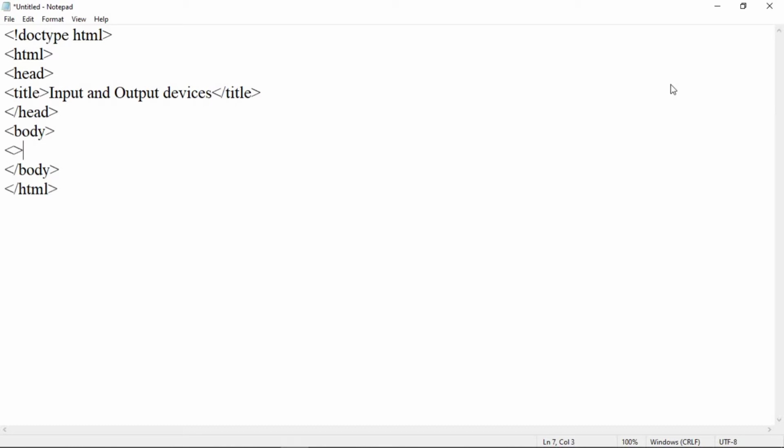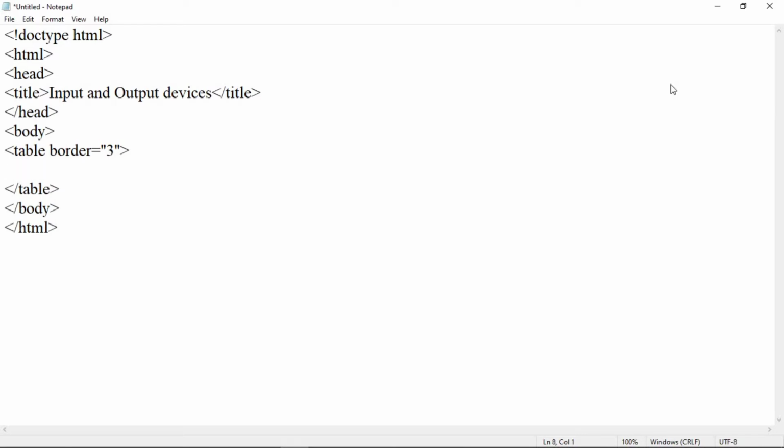Within this, now we have to create a table. So to create a table, first of all we have to use a table tag. Then we have to specify different attributes like border. So let us specify border is equal to, this attribute takes a numbered value. So let us specify border as 3. Then table tag start, then close this table tag, and within this now we will create rows and columns.